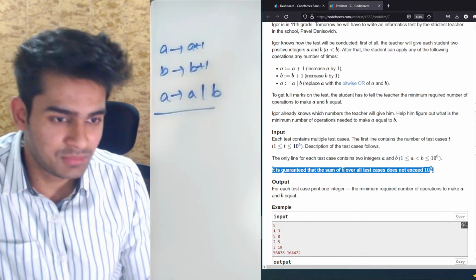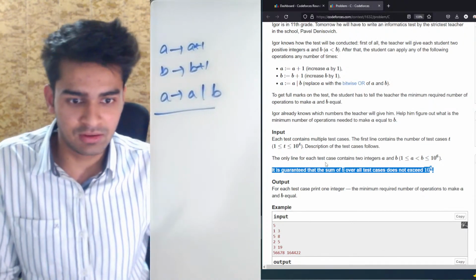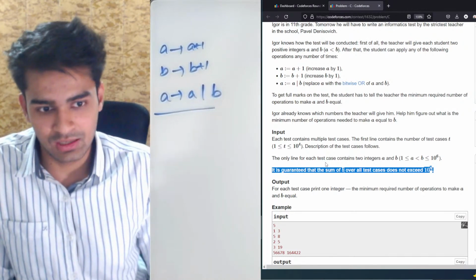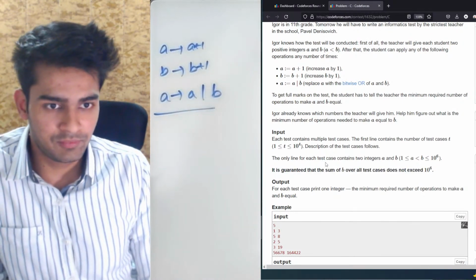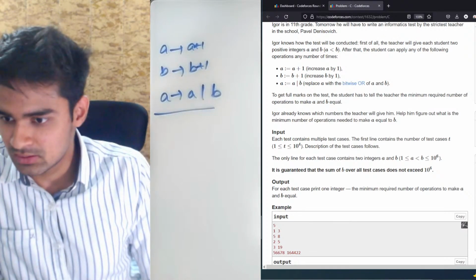And this is something I missed, and hence I was trying to come up with solutions which, instead of using the complete number, looked at the binary representation of the numbers and tried to find the most optimal way of making the operations. But instead what you had to do was, okay, I'll just quickly